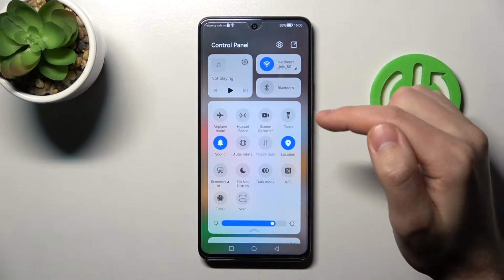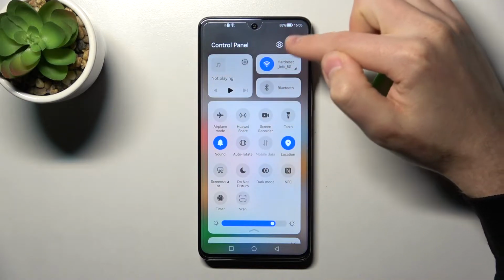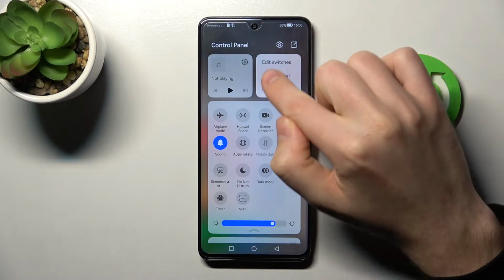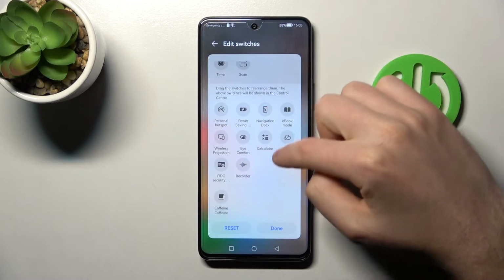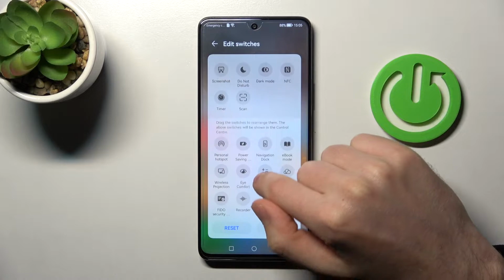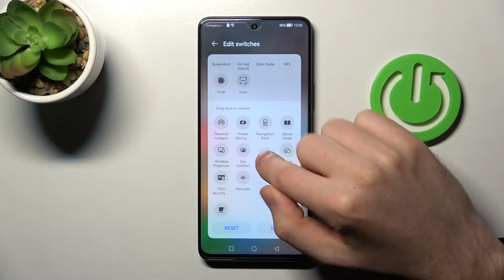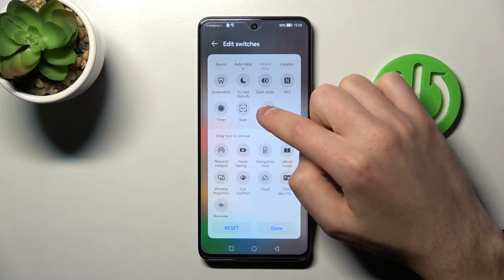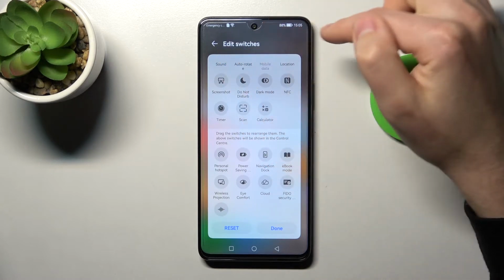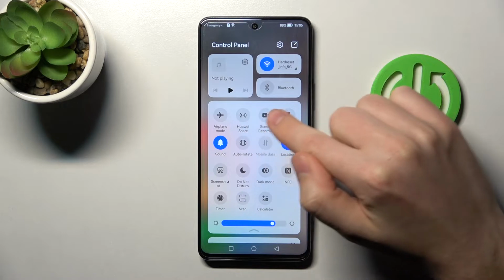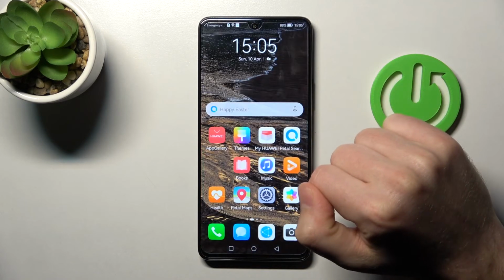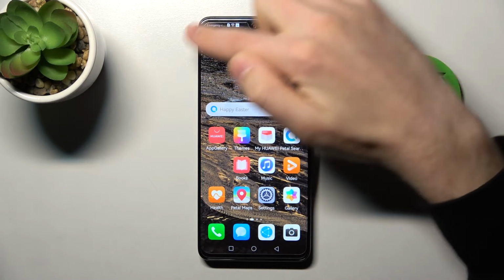If you don't have this button here, in the right top corner we've got a pencil, tap it and choose Add Switches. And now scroll down and find this button here on the bottom, and then press and hold, for example like this, and drag to the top to add. And click Done. Now when we've added the screen recorder button here, tap it, and here we've got our screen recorder